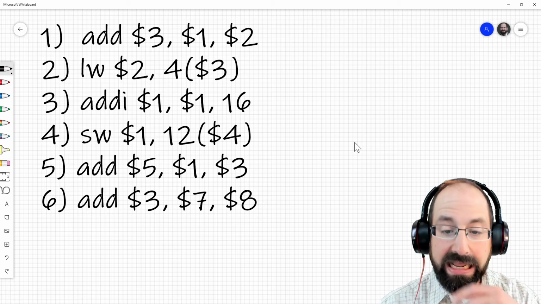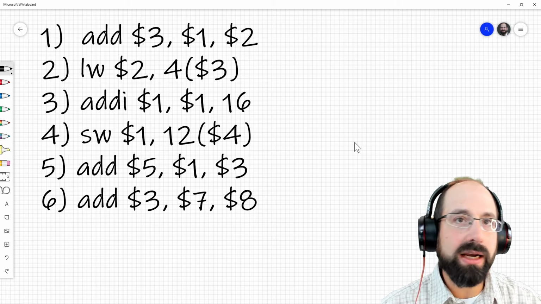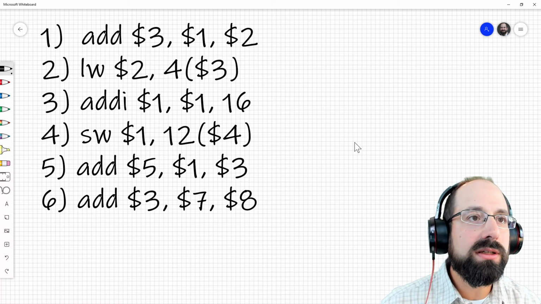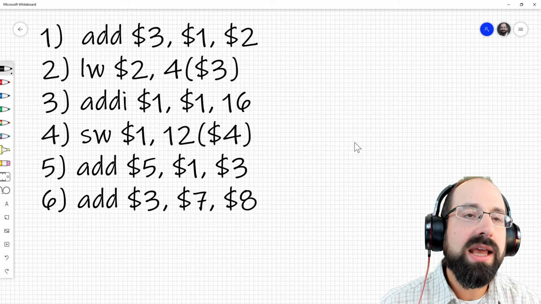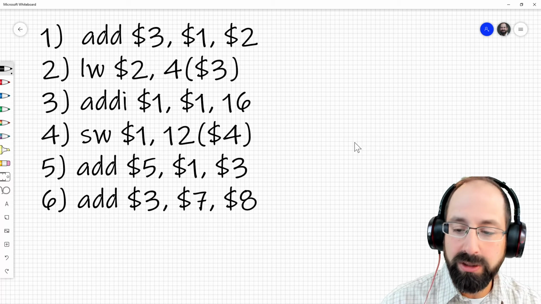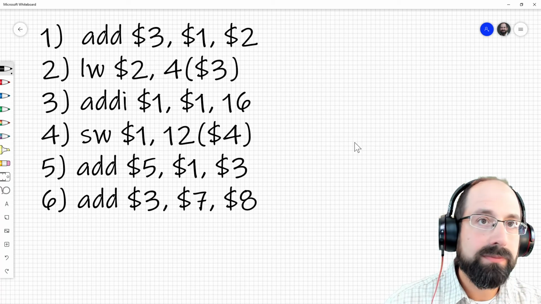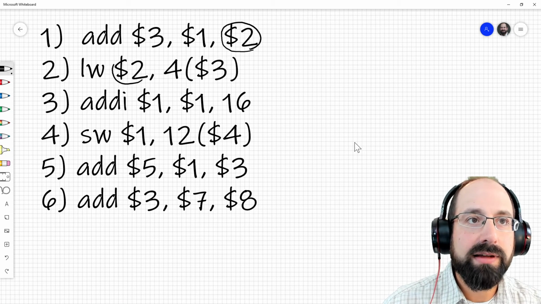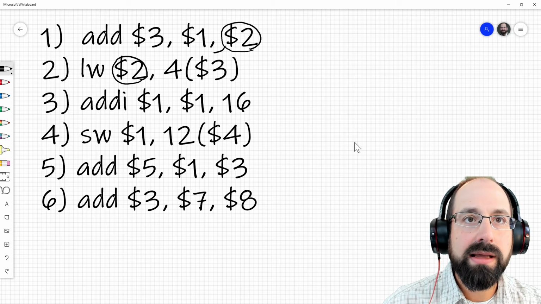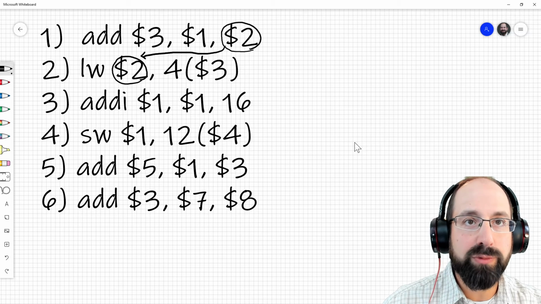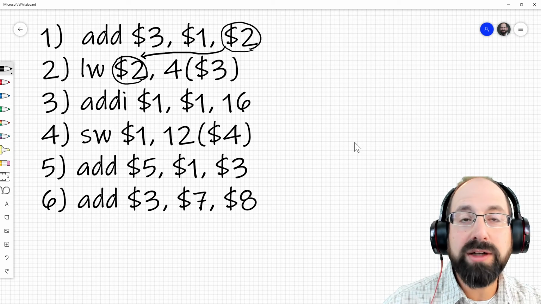WAR for two. So I guess you're almost certainly right. But to describe the dependency, it's probably most helpful to say something like there's a dependency between instruction 1 and instruction 2 on register 2. Just to go with the first example you had here, which is correct. There's a dependency between this and this in this instruction, and it's a write after read dependency because we read the register for this,